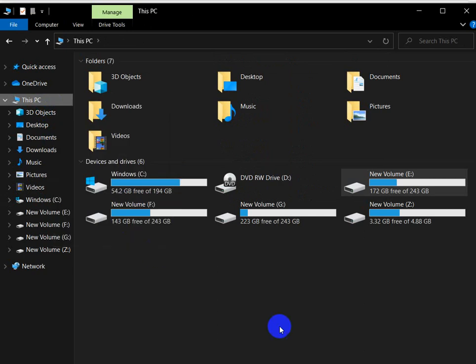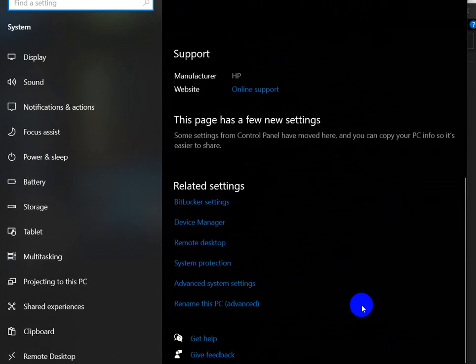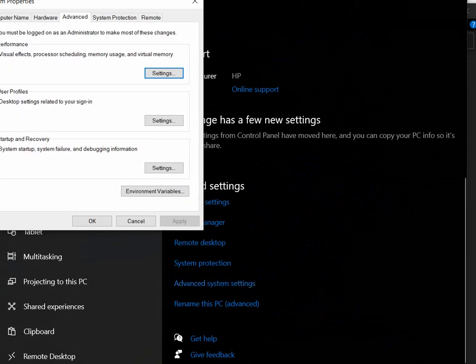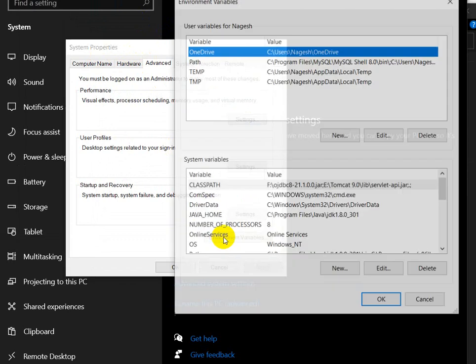In properties you can see advanced system settings. Click on advanced system settings. After clicking you will see System Properties. Then here click on environment variables.